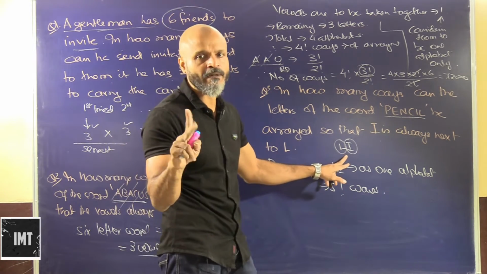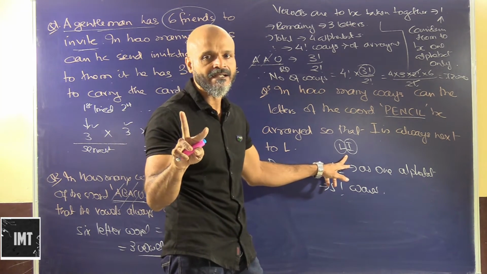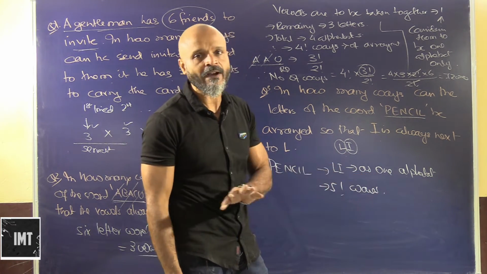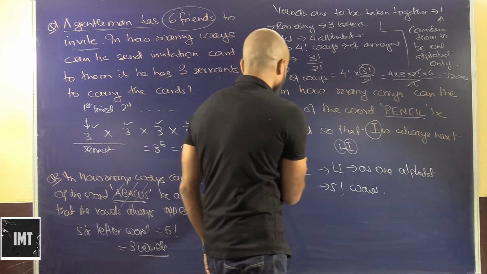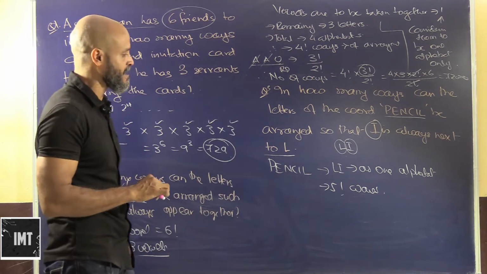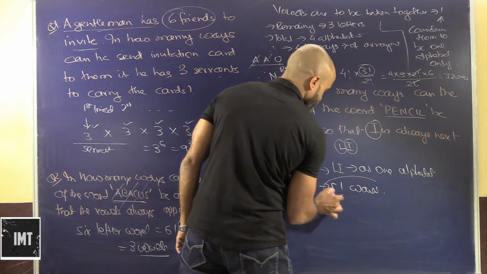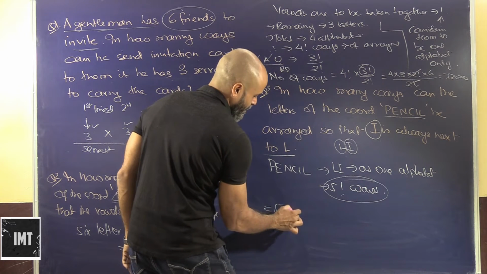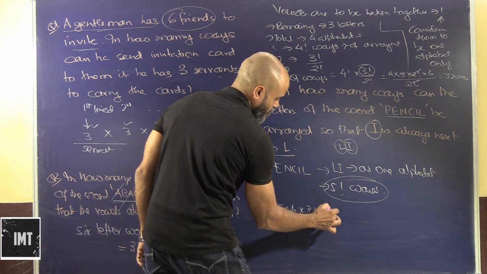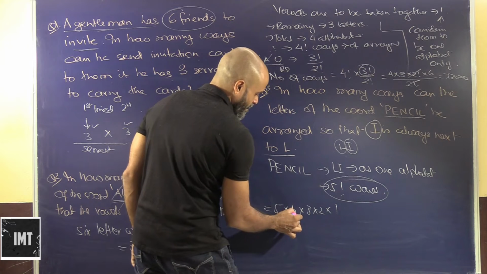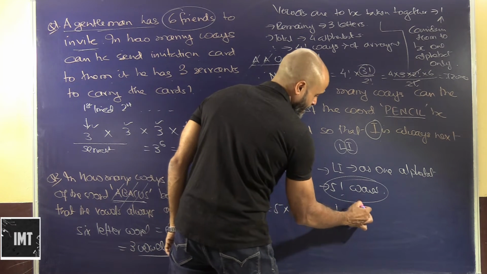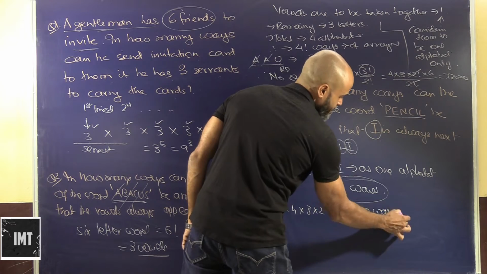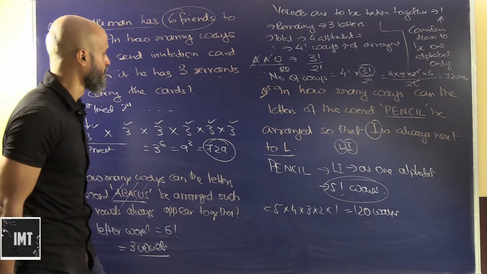Now we have just one combination of LI, we cannot take IL. Otherwise we would have multiplied this by factorial 2, but here it has been written that I is always next to L, so only one arrangement has been taken. So this is factorial 5 ways, that is 5 into 4 into 3 into 2 into 1. That's how much? 5 4s are 20, 20 3s are 60, 60 2s are 120. 120 ways. Simple problems out here, okay?